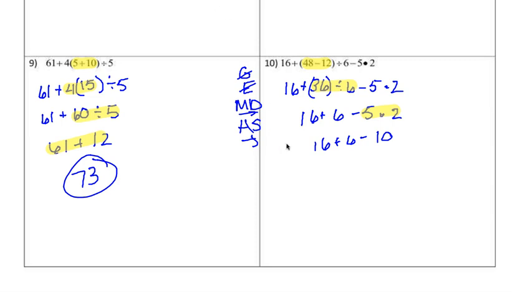Now I can do my addition and subtraction. Which one comes first? The addition. 16 plus 6 gives me 22 minus 10. And then 22 minus 10 gives you an answer of